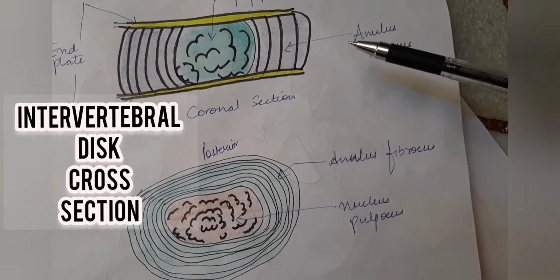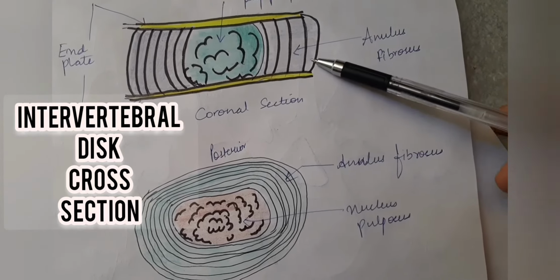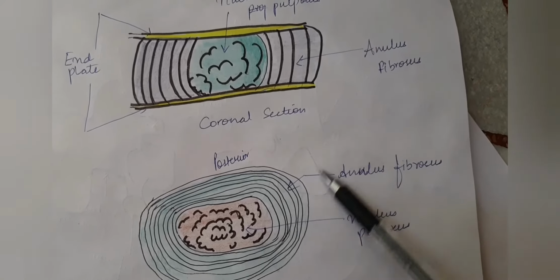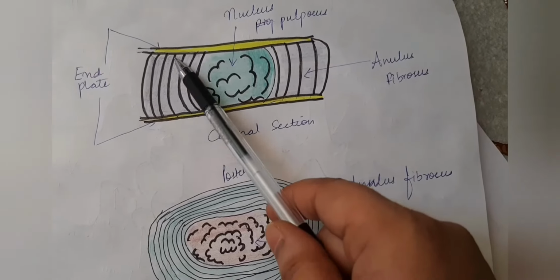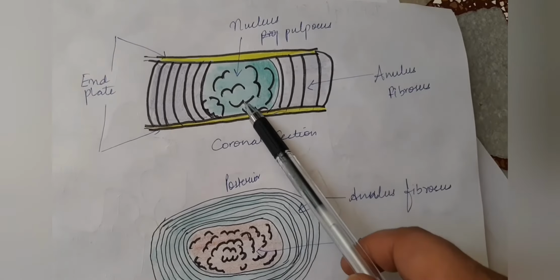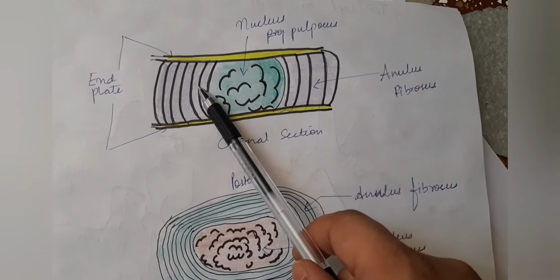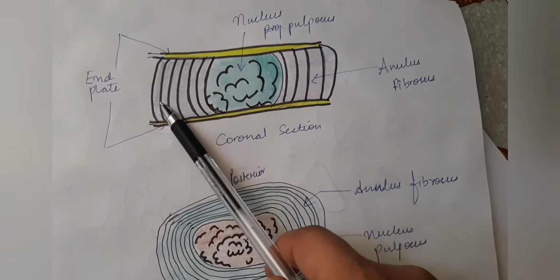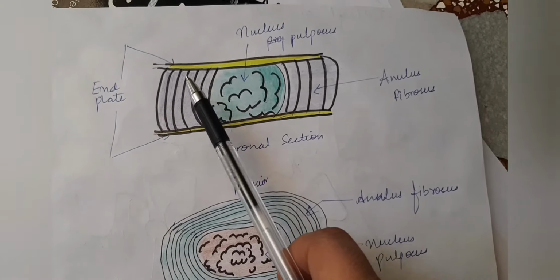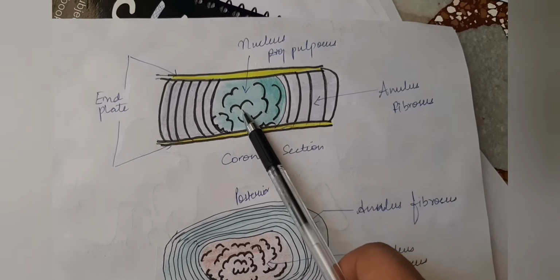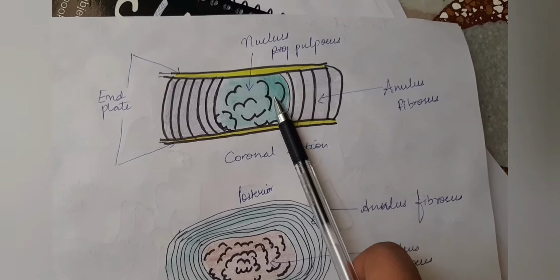Now talking about the annulus fibrosus and nucleus pulposus. Annulus fibrosus is basically the outer ring. These ring-like structures you see are called the annulus fibrosus, and this inside cushiony structure is the nucleus pulposus. The outer rings of the annulus fibrosus are majorly ligaments and the inner rings are fibrocartilage, and they are very supportive and structural. In the nucleus pulposus, you will see the inner disc, which is majorly a cushiony pad, and it's also a shock absorber.